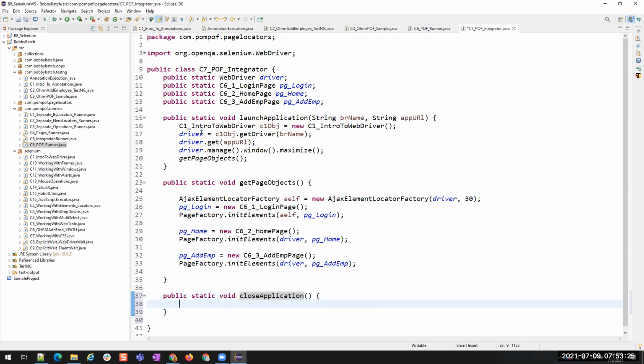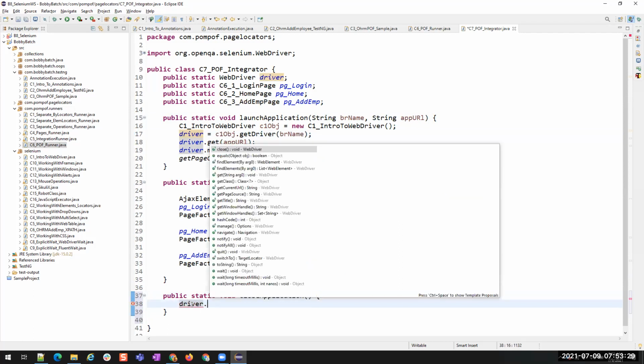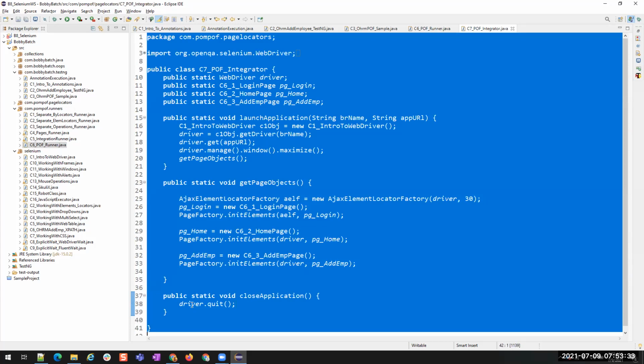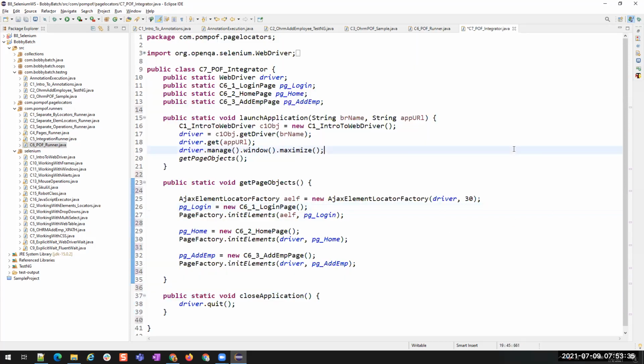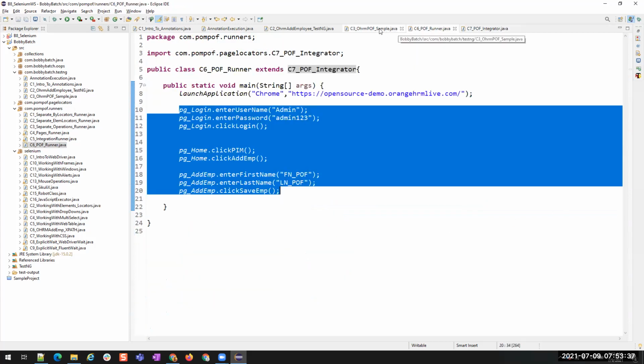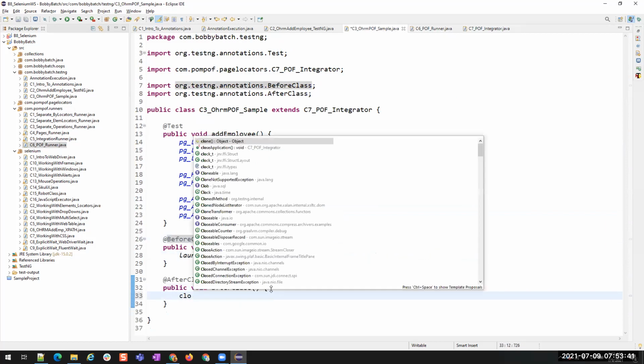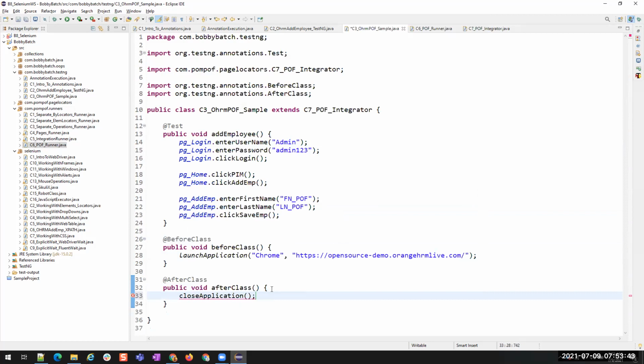We have to just kill this browser. So I'll use driver dot quit. That's all. And then where is our POF sample? Here I'll call the close application method. You see, that's all.